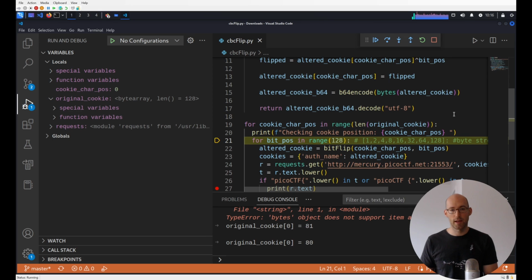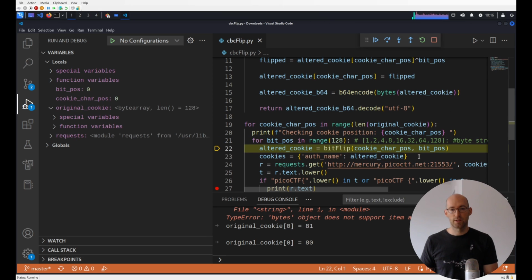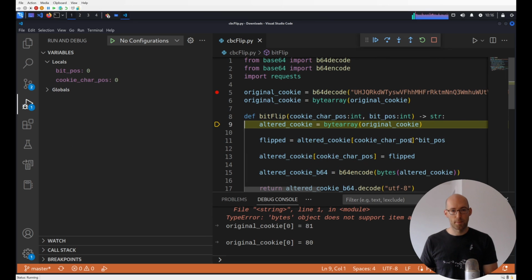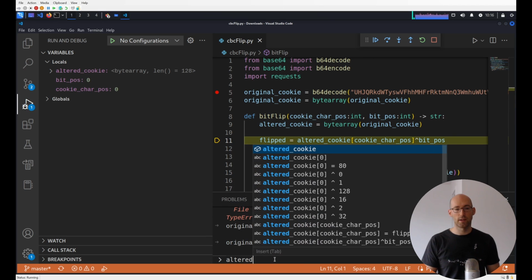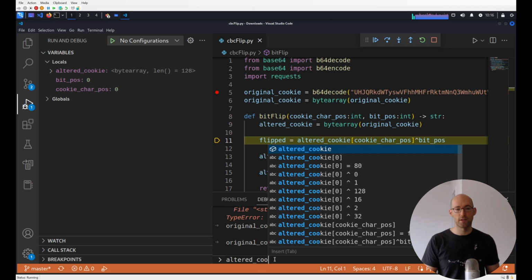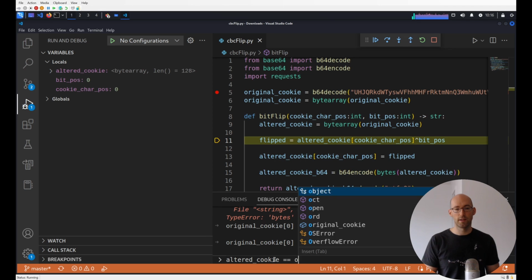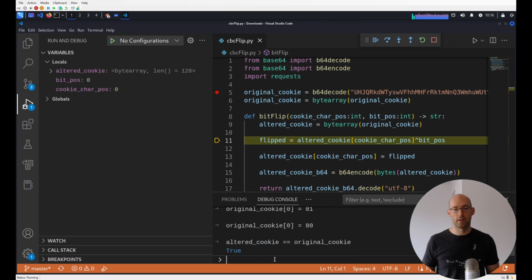So we're going to start doing that. And we will step in here. We'll make a copy of our original cookie. So just to show you this altered cookie, kind of like altered carbon, altered cookie is equal to the original cookie. Right now, they have the same contents. We're going to do an XOR with,